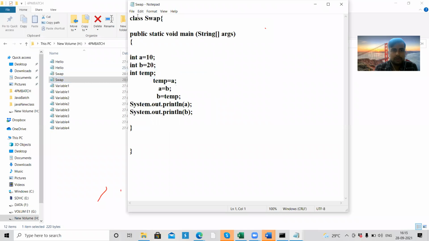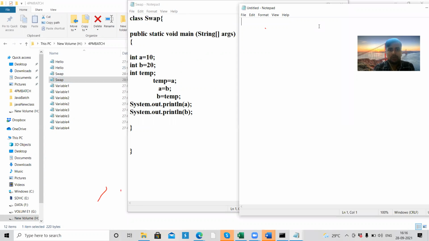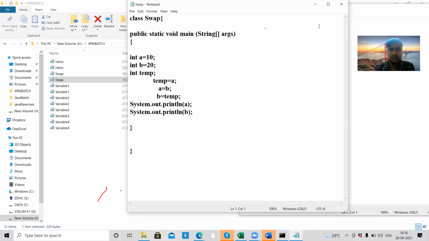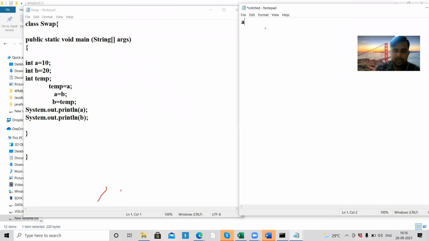I'm going to take one more window so that it will be easier to see how the values of A and B are changing. Put A equals 10 initially and B equals 20. Here we are going to take one more variable called temp. This is the internal operation that is going to happen, which I'm going to show you here.